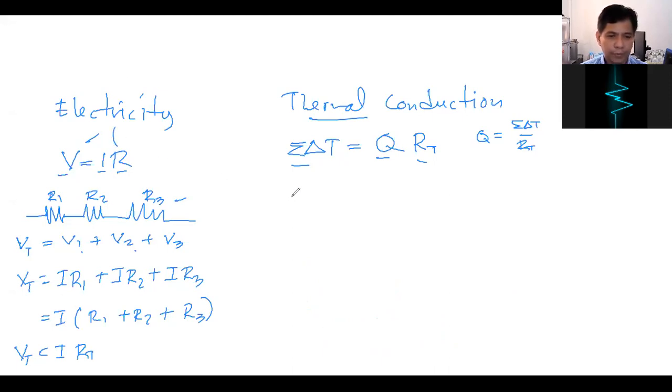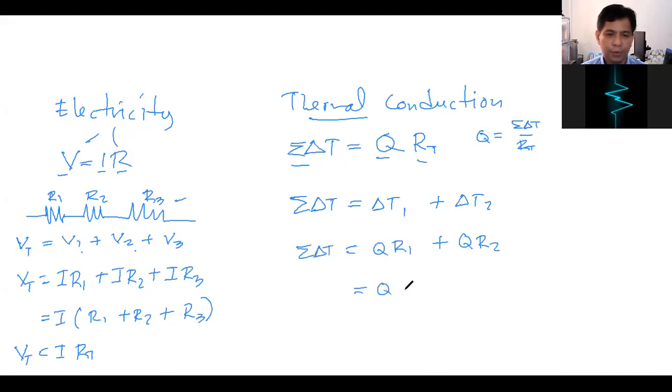Okay. We can start with summation of delta T is equals to delta T1 plus delta T2. Dalawa na lang gamitin natin, ano? Ito yung analogous dun sa voltage, ano? Total voltage. So yung delta T1 equal yan sa Q times R1. Tapos yung delta T2, kasi constant lang naman ng Q pag series, Q times R2. So pag pinactor out nyo yung Q, you will have R1 plus R2.